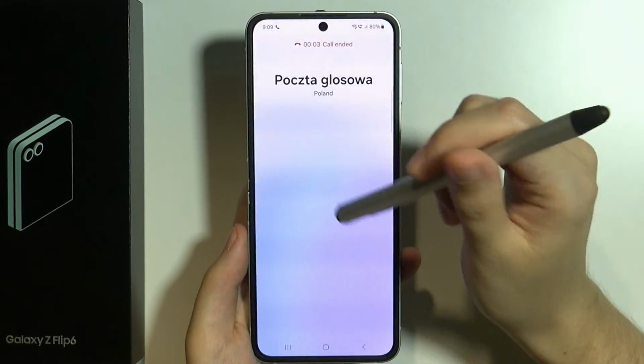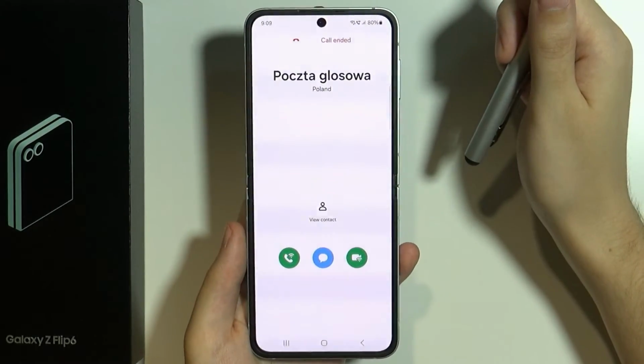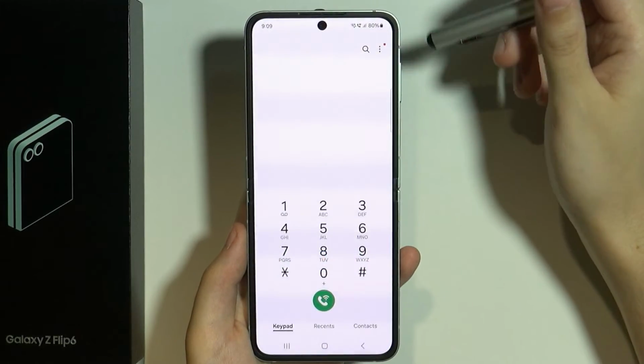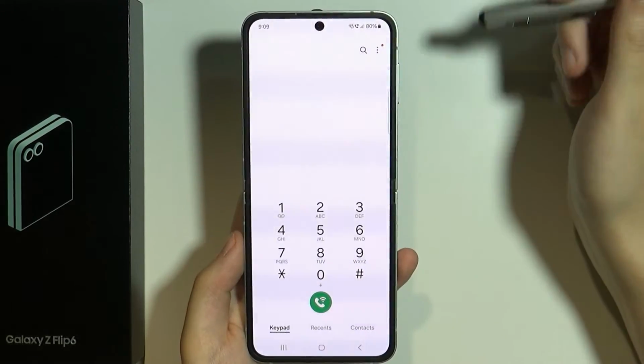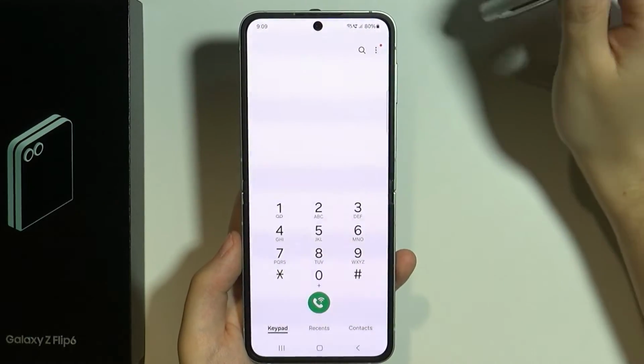Now all you need to do is simply hear what is being said to you and follow the instructions in order to set up your own voicemail. Now, if nothing happens when you press and hold 1 for 3 seconds, then you need